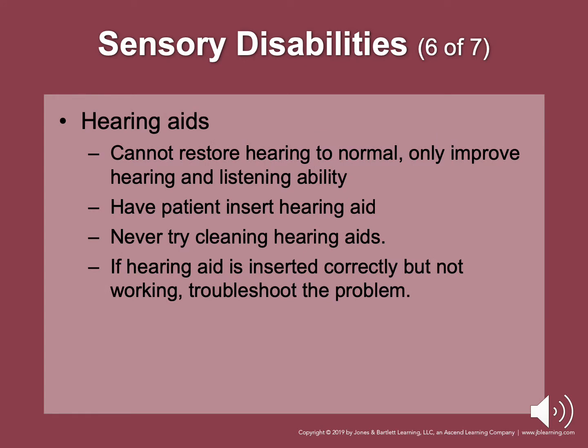Hearing aids cannot restore hearing to normal, only improve it. There are several types: behind the ear, conventional body type, in the canal, completely in the canal, in the ear, and implantable options are also available for patients with less profound hearing loss. Have the patient insert their hearing aid, following the natural shape of the ear. The device should fit smoothly without forcing it.